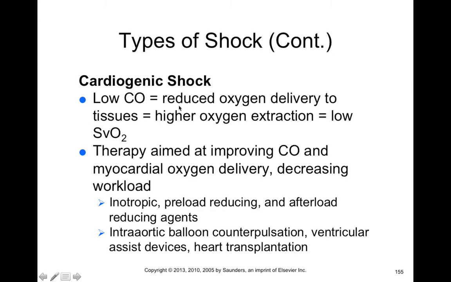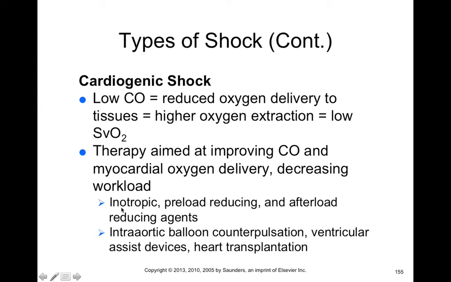And so this low cardiac output will lead to reduced oxygen delivery to tissues, which means we'll have lower blood oxygen levels. Now, the therapies of cardiogenic shock are aimed at improving cardiac output and myocardial oxygen delivery, as well as decreasing the workload on the heart. And this is achieved through different things like inotropic agents. So you can have